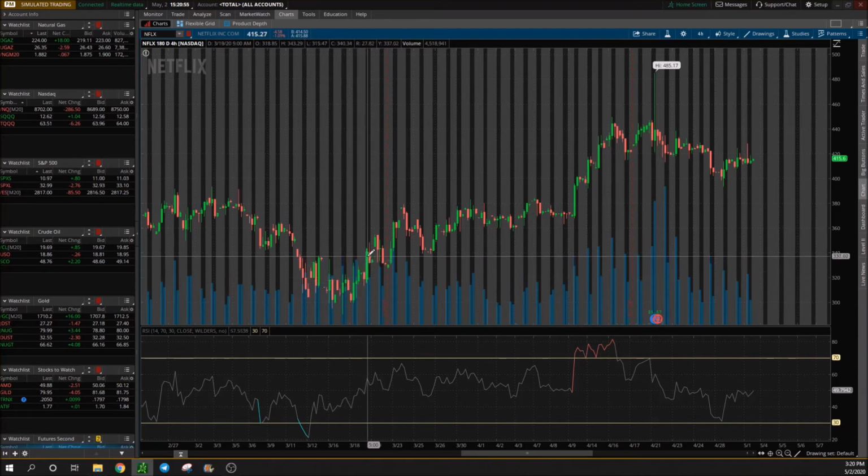So we can see right here, we've broke past this previous high. So this would have been a good indication that, okay, this might be a good time to buy. So if we would have bought here and rode this up as a swing trade, now each one of these black lines is a day. So we can see at the bottom of the chart, we have all the different dates. So if we would have bought in here, this was on March 19th, we could have rode all the way